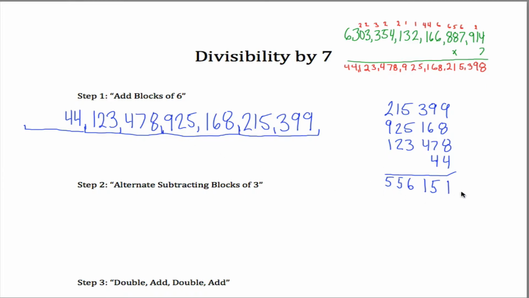Unfortunately, there's no obvious way to tell whether 556,151 is divisible by 7. But we have another step that can figure that out. So step 2, which is what I call alternate subtracting blocks of 3, not the most succinct name, but essentially